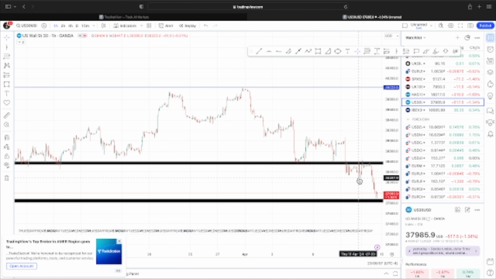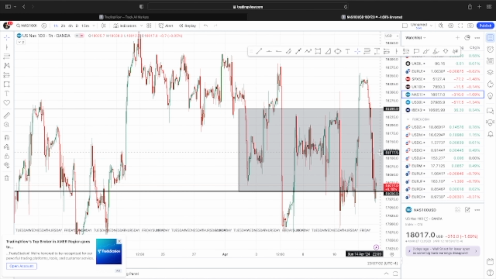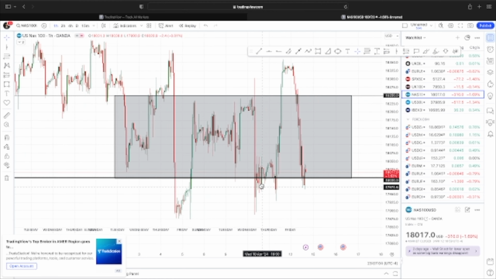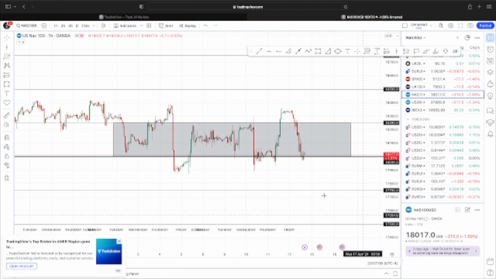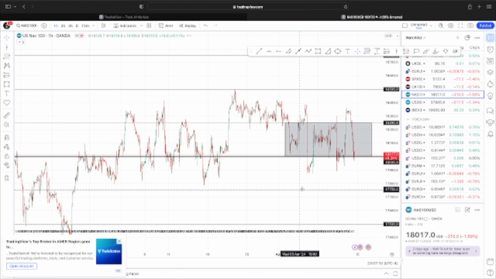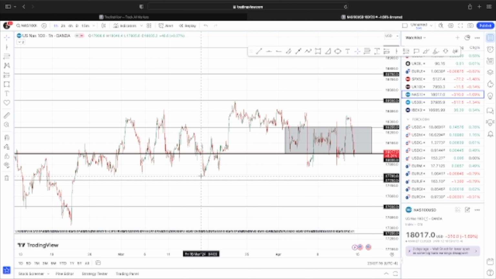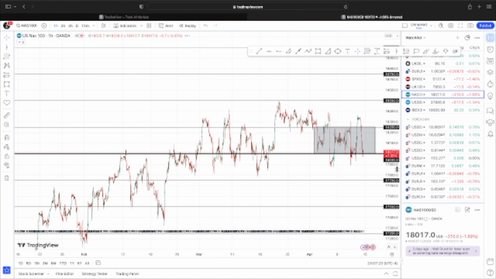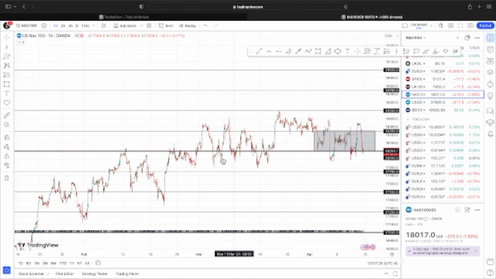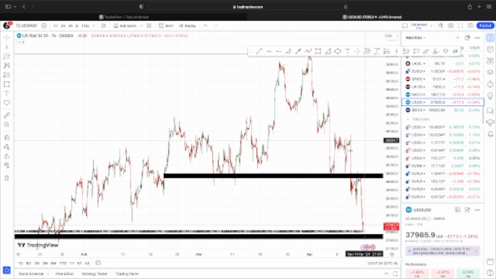But yeah, I was trying to stay awake to catch Nas, and Nas kind of didn't really do a whole lot. So we're still in this little range right here. Whatever happens this upcoming week, hopefully the market drops and we can catch some good sells. If it does drop from where it's at, I'm probably gonna target this lowest point here, and once it gets to this point, I'm probably just gonna manage the trade because I don't think I'm gonna put a TP. I think I'll just hold it and see where it goes, because if anything, it'll probably touch this, and if it decides to go lower, it's definitely probably gonna touch this right here. So with that being said, that's what I'm gonna be looking for this upcoming week.